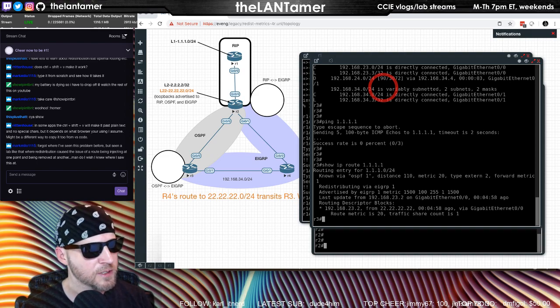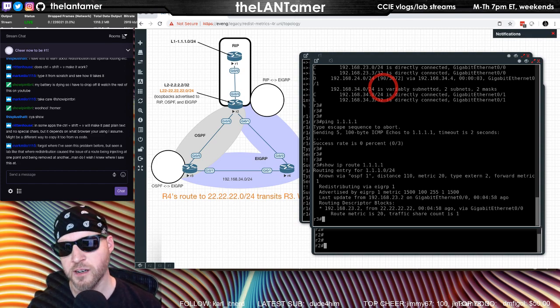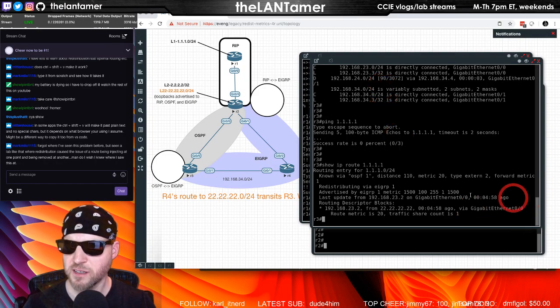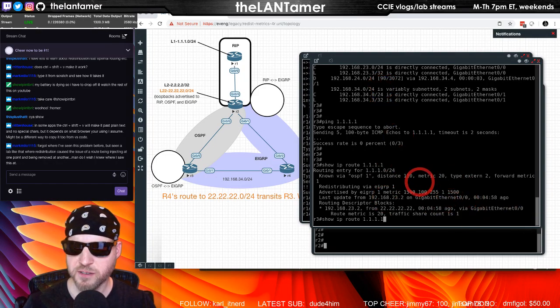I've seen this problem before, where redistribution causes a route to be injected at one point and removed at another. Man, I do wish I knew where I saw this. Yeah, INE has a couple of these labs actually as well. So he's learning this from